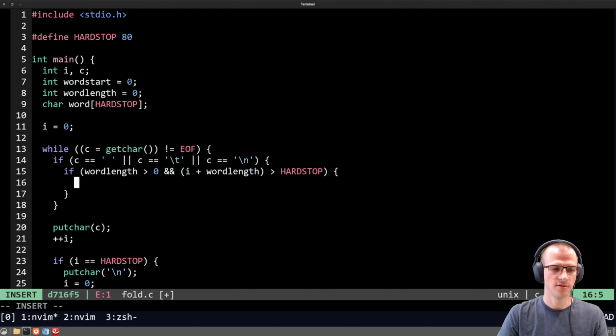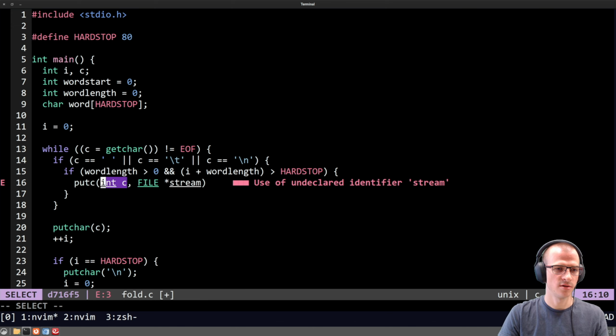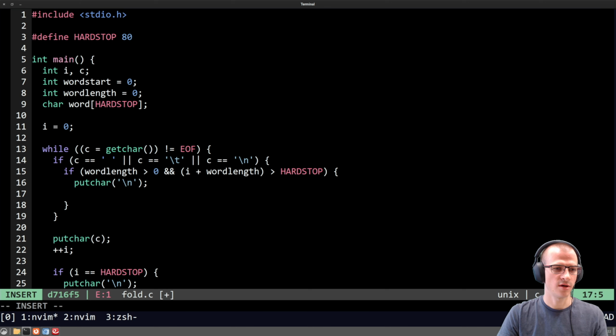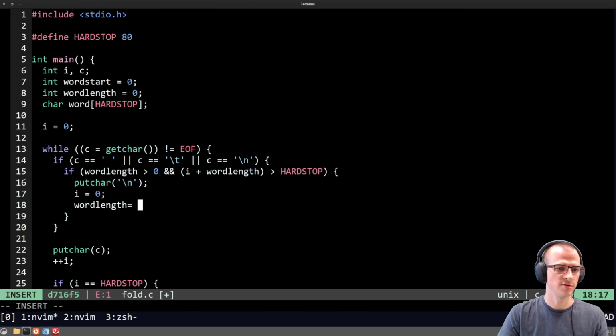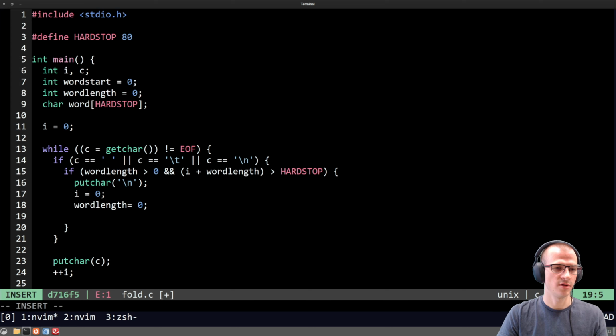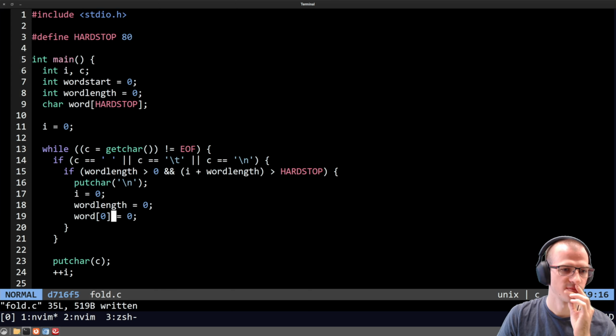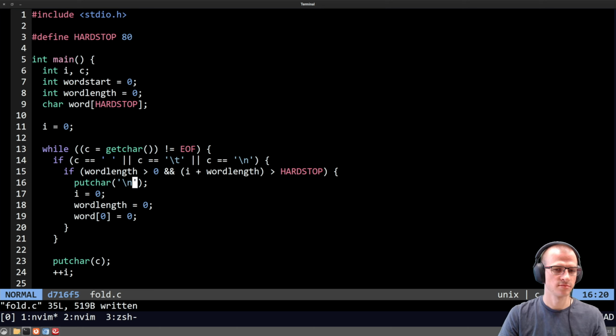Okay, so putchar newline, i equals 0, word length equals 0, word 0 equals 0. No. If the word length is